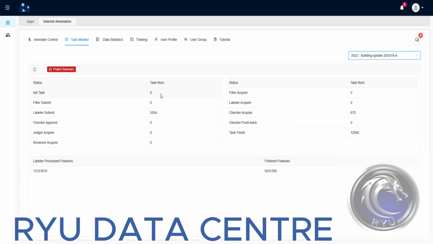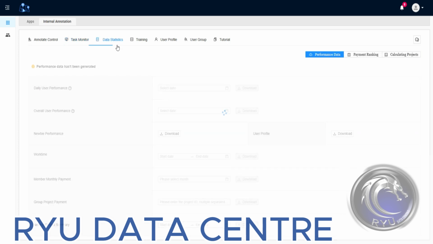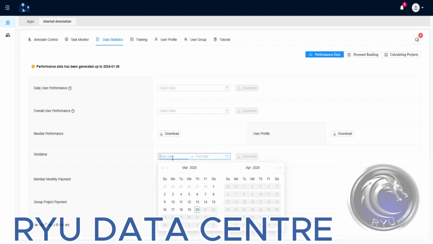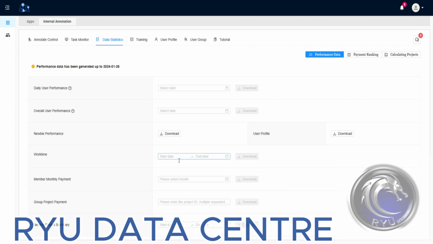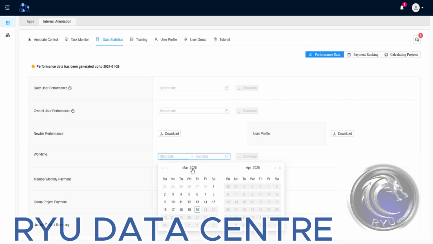Next we have data statistics. I think this page is still under maintenance. Not everything here works, but I always check my work time here. This is how you check your work time.